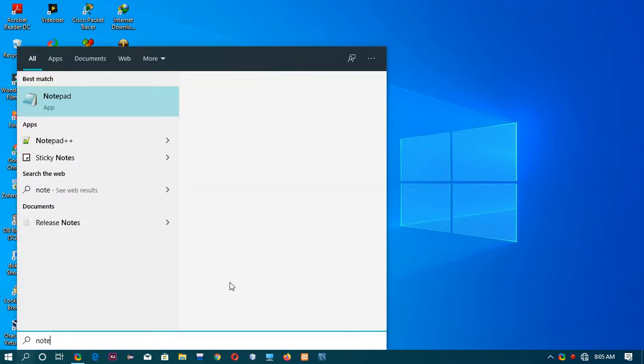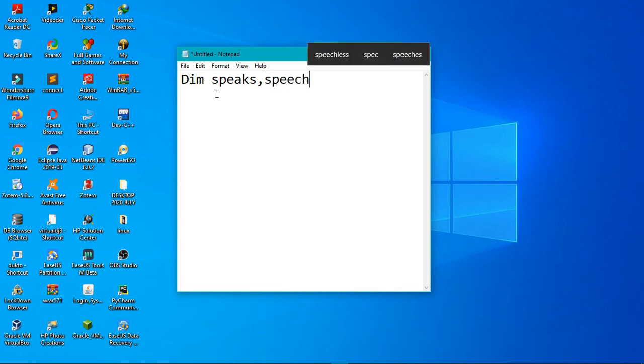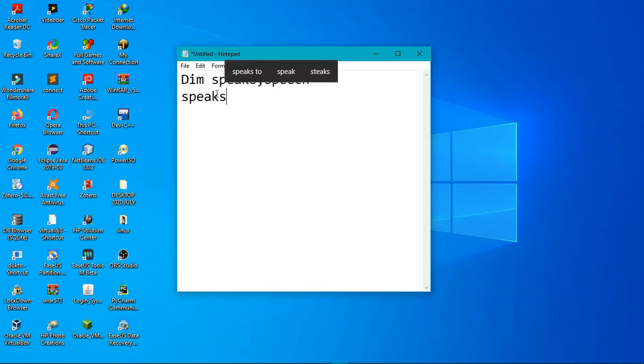So Notepad, and once the Notepad is up and running, you type these commands. So dim speaks, comma, speech. Then at the next line you type speaks equals opening double quotes, then you type what you want the computer to say during booting.